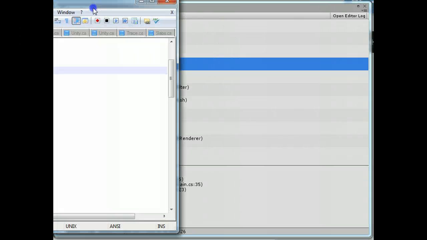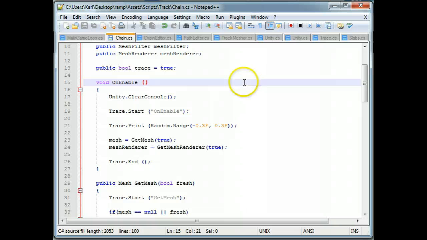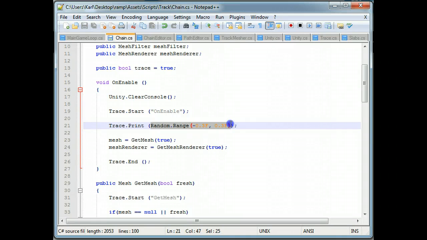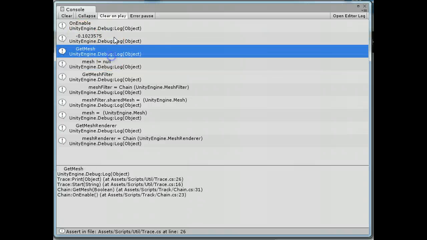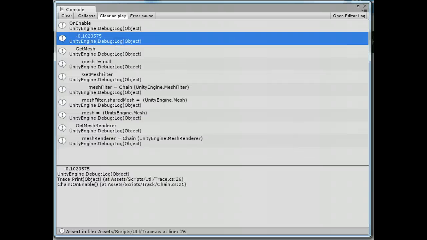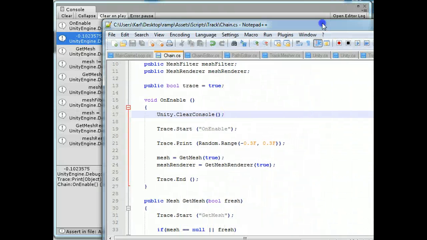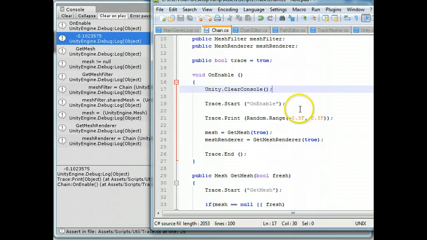That's why the first thing I did up here was put a print statement of random range, just to check when this number changes, because otherwise you don't really know if the console is reloading. So now I've discovered that if you put something into on enable,